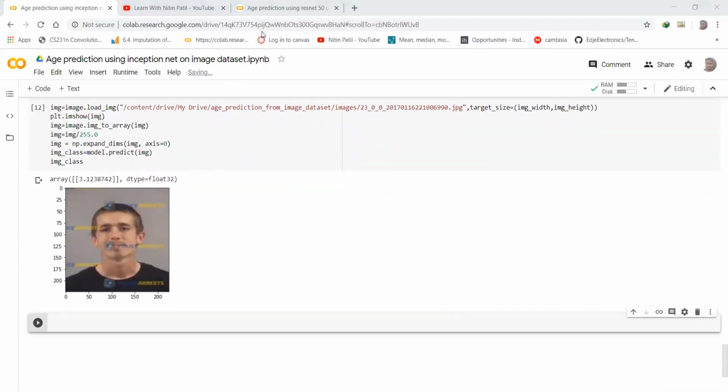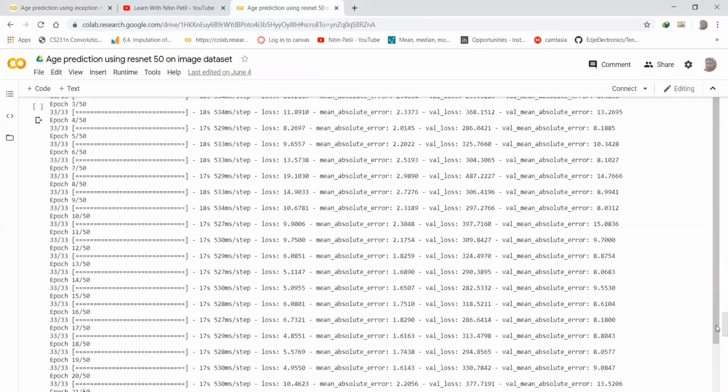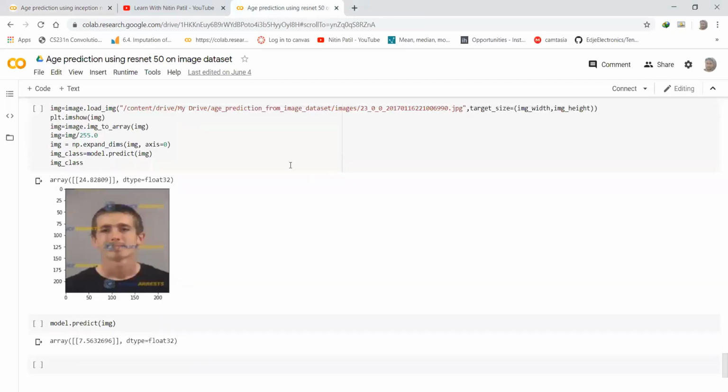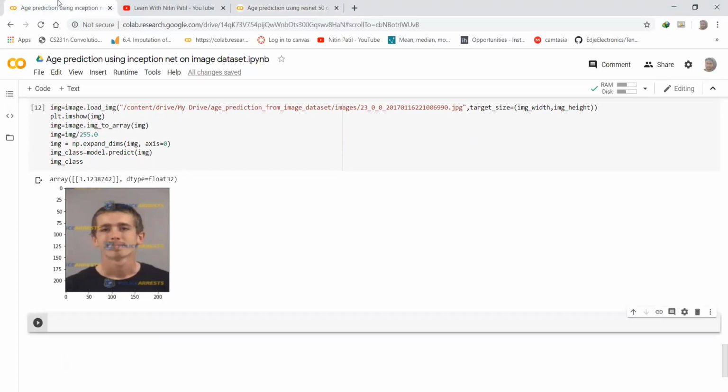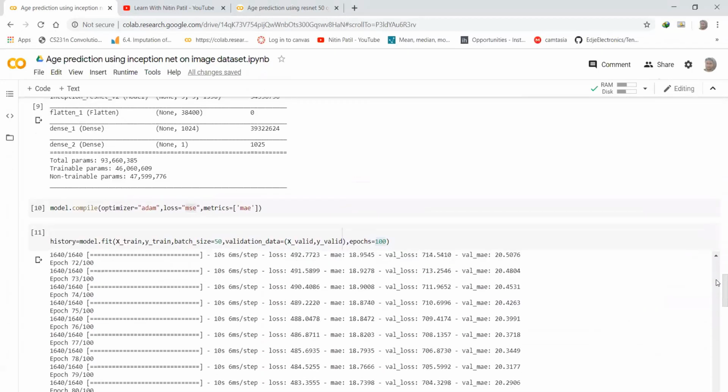But for the same image loaded in ResNet 50, it was showing an age of around 24. Okay, definitely this Inception Net model needs more training with a larger number of epochs. So you can directly go and execute this cell again and again.